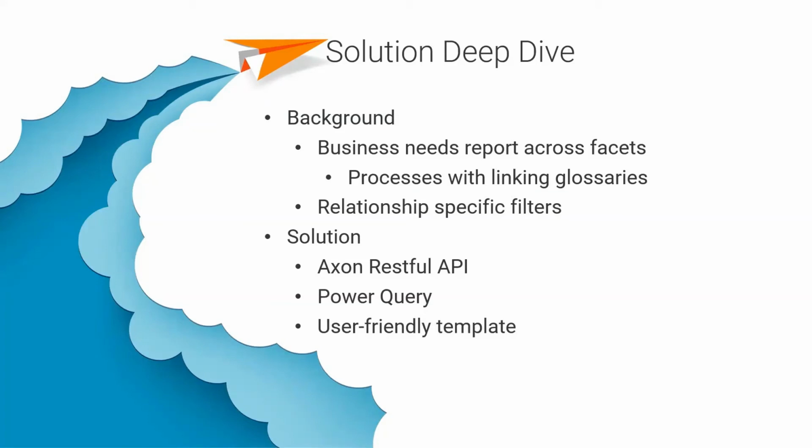And one day, one of the managers came to me and asked me, Yuan, hey, is there a way to generate an overview report of all of my projects in Axon with all of the linked glossaries to them? I was already about to say it's possible, and then I stopped. So wait a minute, it might not be possible, or not easily achieved,